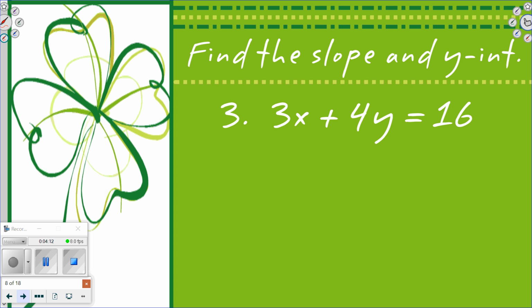What about the slope of that one? What do I have to do before I can tell what the slope is? I got to solve that for y. I got to get y by itself. So we're going to have 4y. If I move the 3x over here, what happens to it? Negative 3x plus 16. And then to get y by itself, divide by 4. Remember, we divide everything by 4. So to get y equals negative 3/4 x